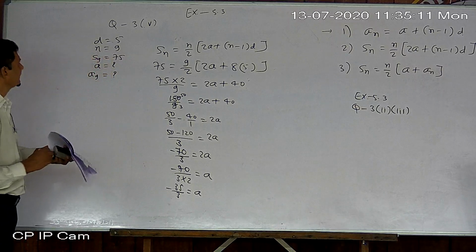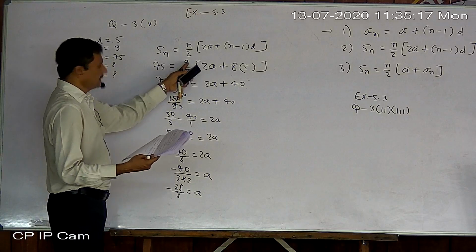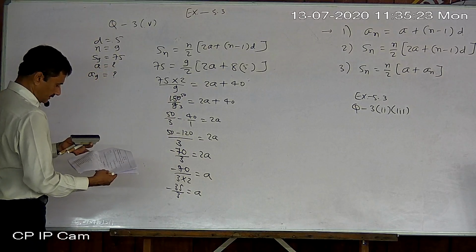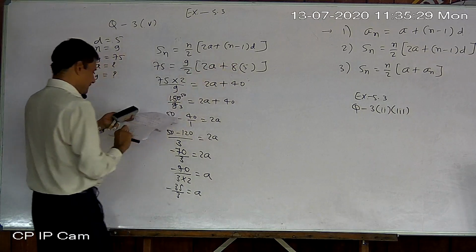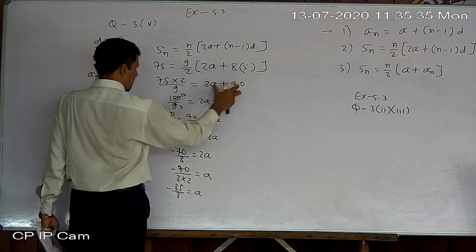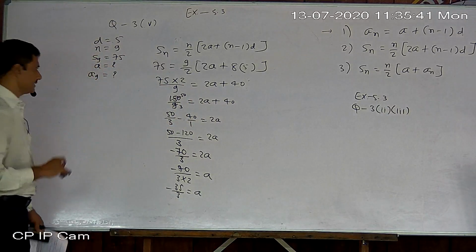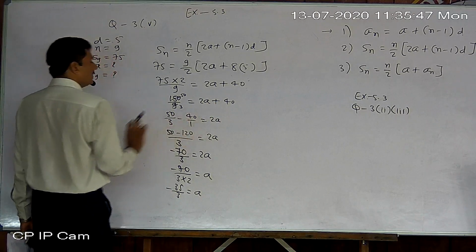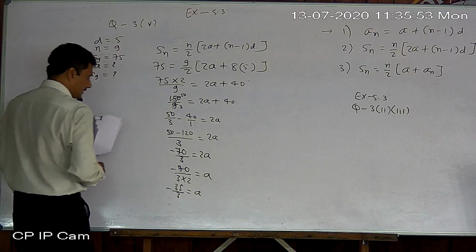Again look carefully here. Just all values are placed. 75 is given. Okay, in number 5, A is given 9. Okay. Sorry, N is 9. Sorry, look at this one. 9 by 2, here 9 minus 8. A is not given, but D is given, 5. So here just 9 by 2 subtracted here only. 2A plus 40 left here. So here 150 by 9. Actually, it is 50 by 3. Cancel by 3. 40 is subtracted here. So 3 ones are 3, 50 ones are 50, 4 threes are 120. Now minus 70 by 3 left. 2 is subtracted here again. So minus 35 by 3. That is our A.